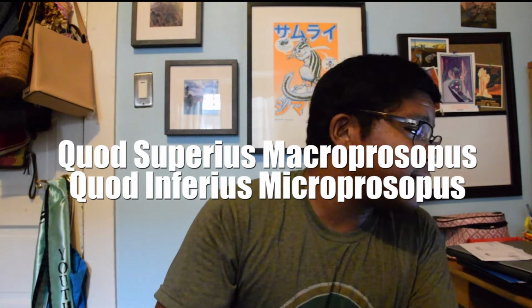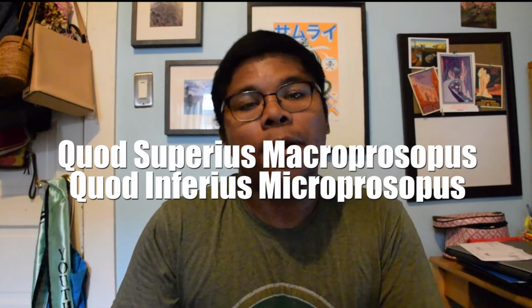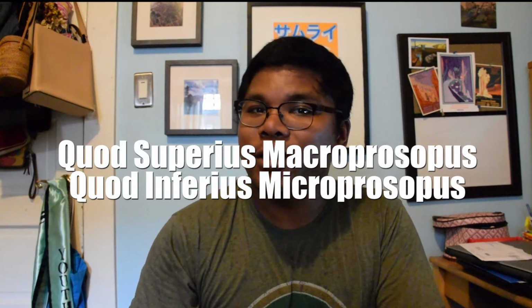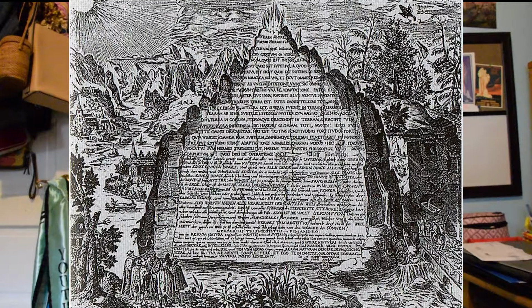Now the text says, Quod est superius macroprosopis, quod est inferius macroprosopis. What does that mean? Well, in the most simplified way, it means as above, so below. The full translation comes from a maxim in the Emerald Tablet of Hermes Trismegistus, and the full translation is that which is below corresponds to that which is above, and that which is above corresponds to that which is below,